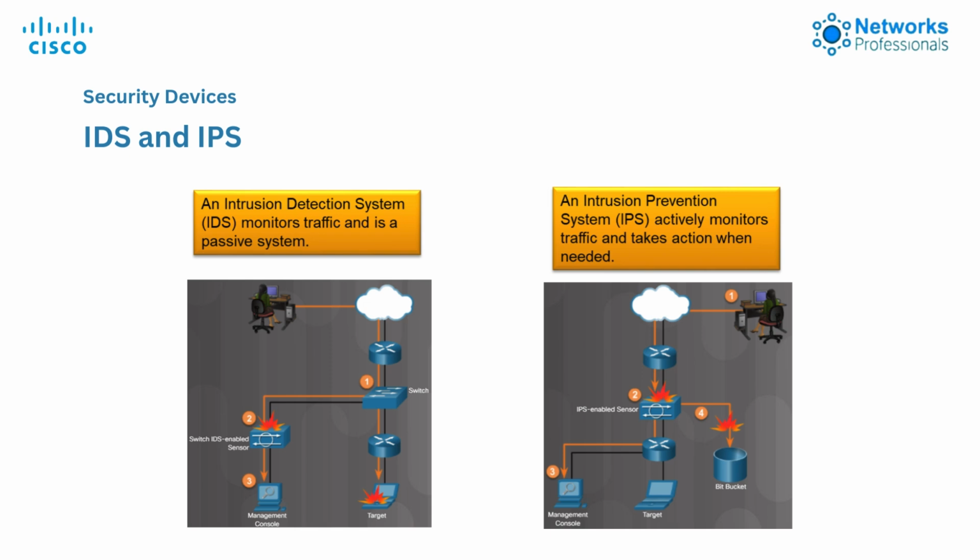Example. Scenario. A network administrator is monitoring the network using an IDS. The system detects an unusually high number of failed login attempts within a short period of time. This is identified as a potential brute force attack. Action. The IDS sends an alert to the administrator, notifying them of this suspicious activity. The admin can then manually investigate and respond, such as locking the account or blocking the IP address of the